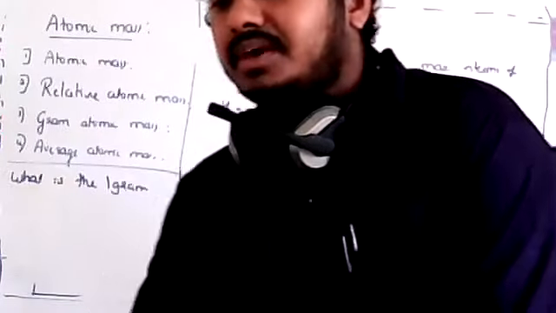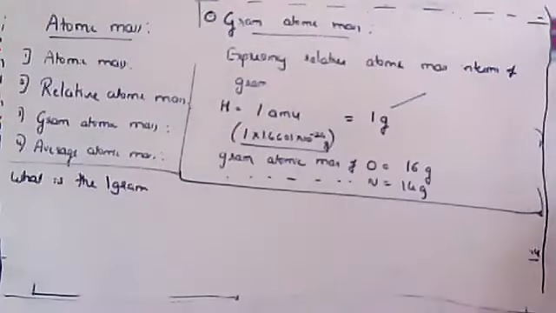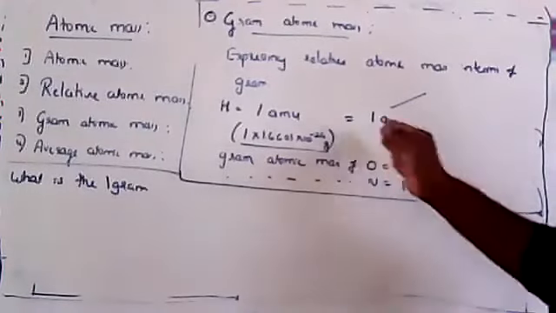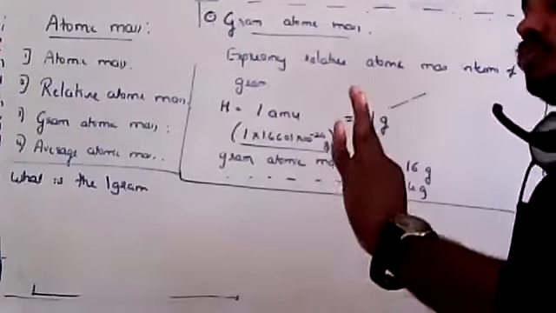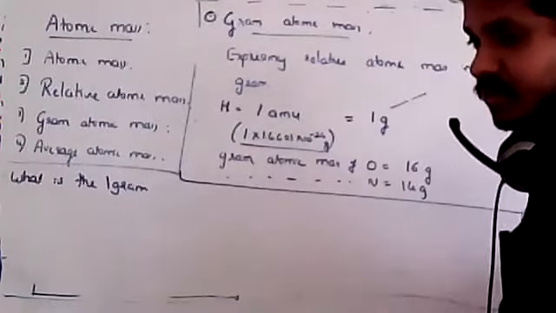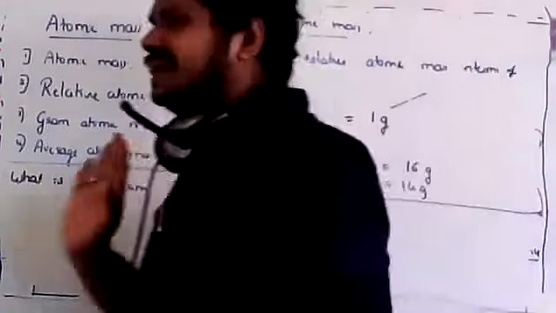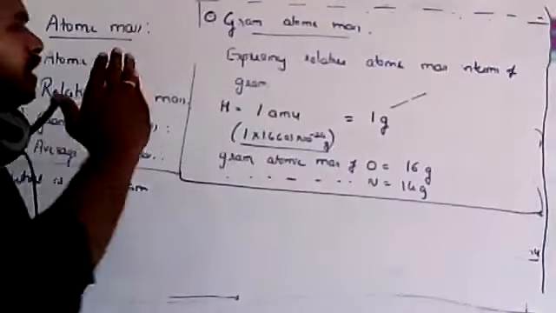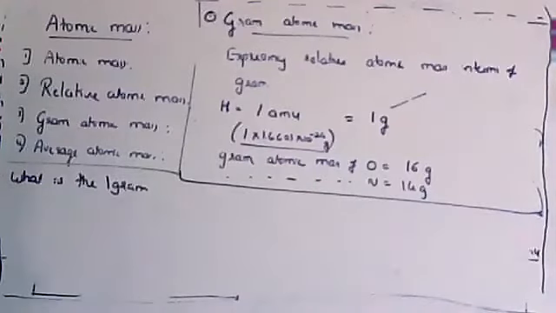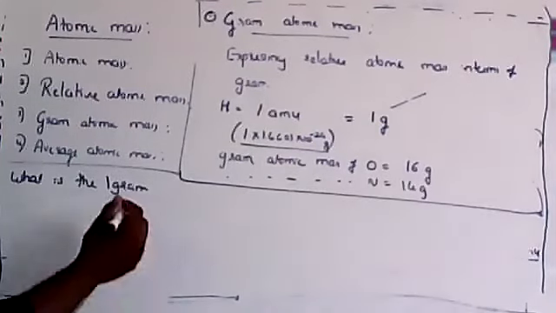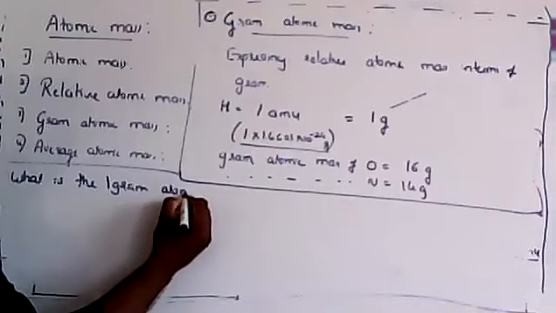Is that confusing in any way? Don't get confused. It is just expressing, and why we have to express it this way, you will understand when I come to the concept called the mole concept. Till now you have this idea that I can express the AMU in terms of grams. So the question you may get is: what is 1 gram atomic mass